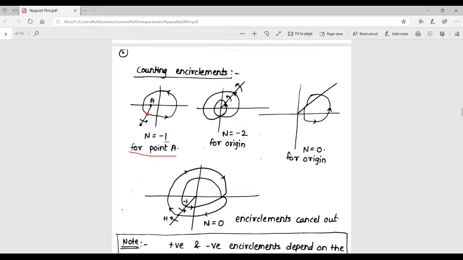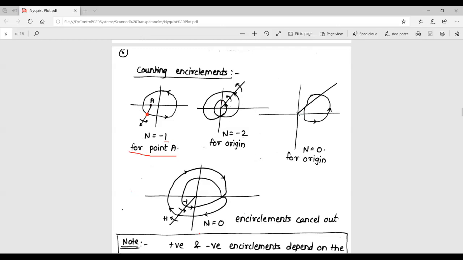You can see in the previous notes that the assumptions can be made the other way around as well. You can assume that the original contour was in clockwise direction, and if the mapped contour is anti-clockwise, it is opposite to the original contour, so the sign is negative. And if the original contour is anti-clockwise and the mapped contour is clockwise, still it will be negative. So it solely depends on how the original contour is, and based on that you can check the direction of the mapped contour in the f of s plane and decide the sign, right?